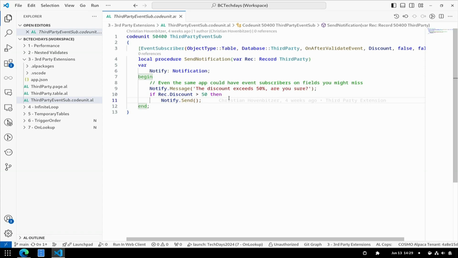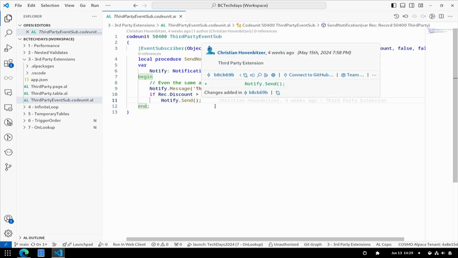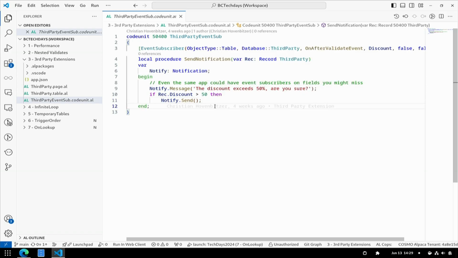This might be some type of typo or whatever, but this illustrates how even in the same app, at first glance, you might not catch every validate trigger that's being executed, right? So you can also have table extensions on the same table in the same app, which can also contain validate code.